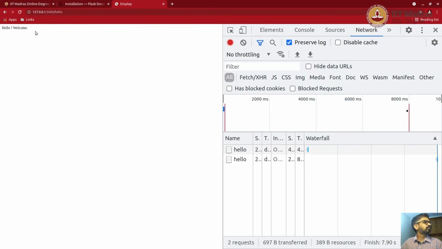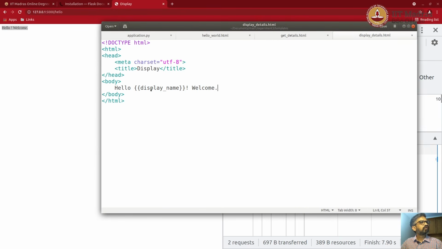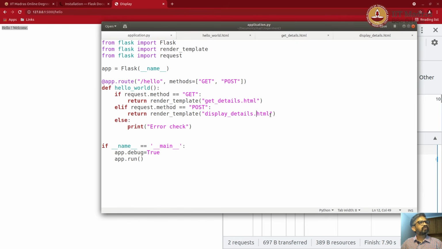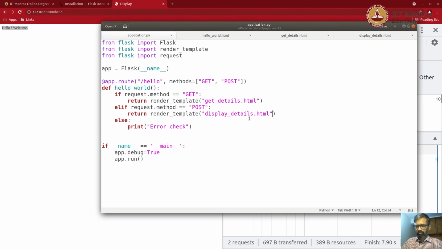something is wrong here. It says hello and welcome, right? Which means it's come to the post, it's gone to the display details.html. Oh, it's not showing this display name. That's because we are not passing any values to the template. If I put a dummy value there now, let's see,